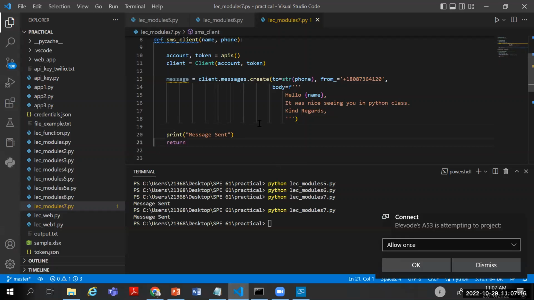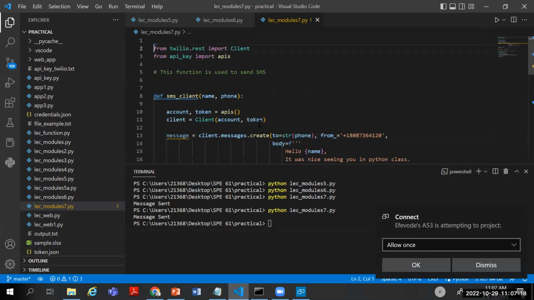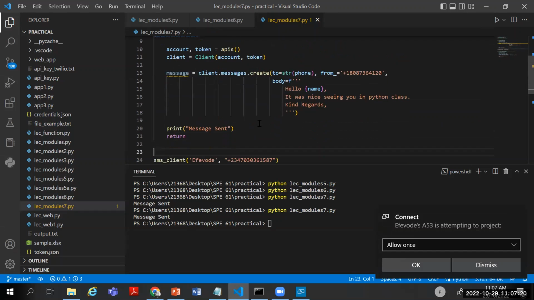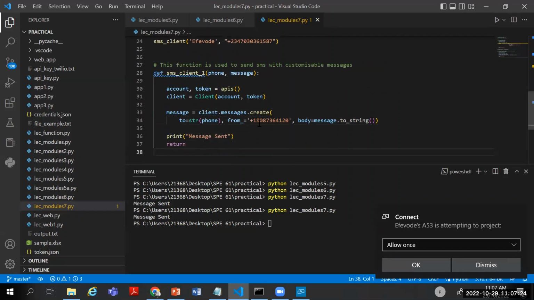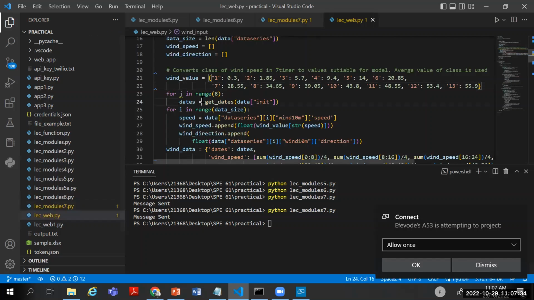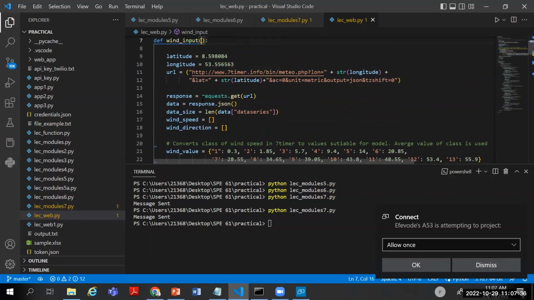So these are use cases for Python. You can create a Python program that automatically emails and sends text messages. So this is still on the client side. So going further, this also is another